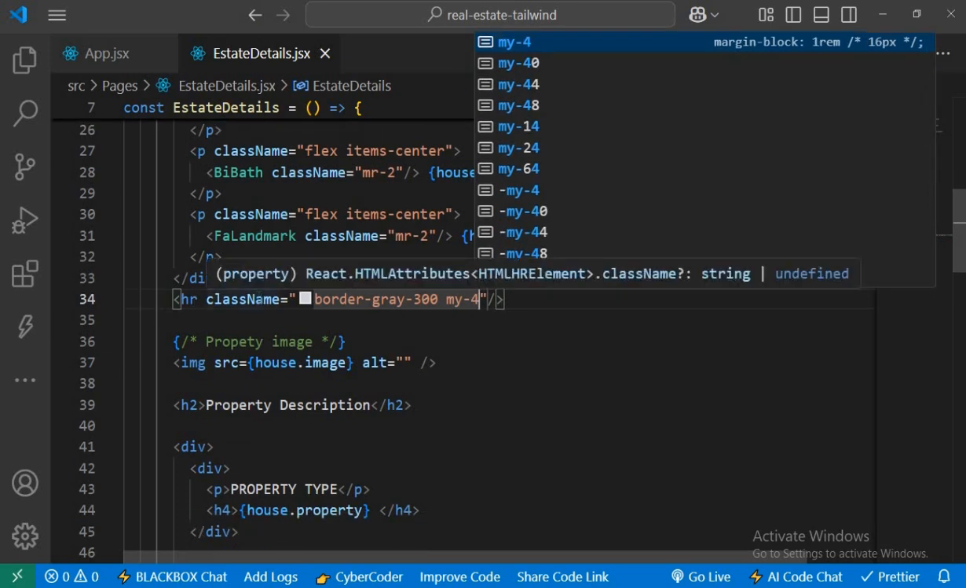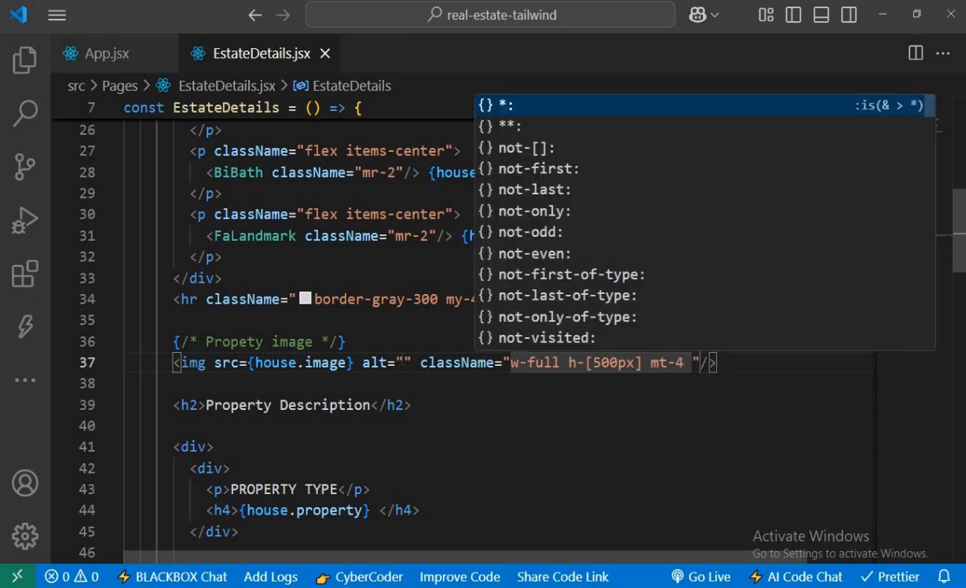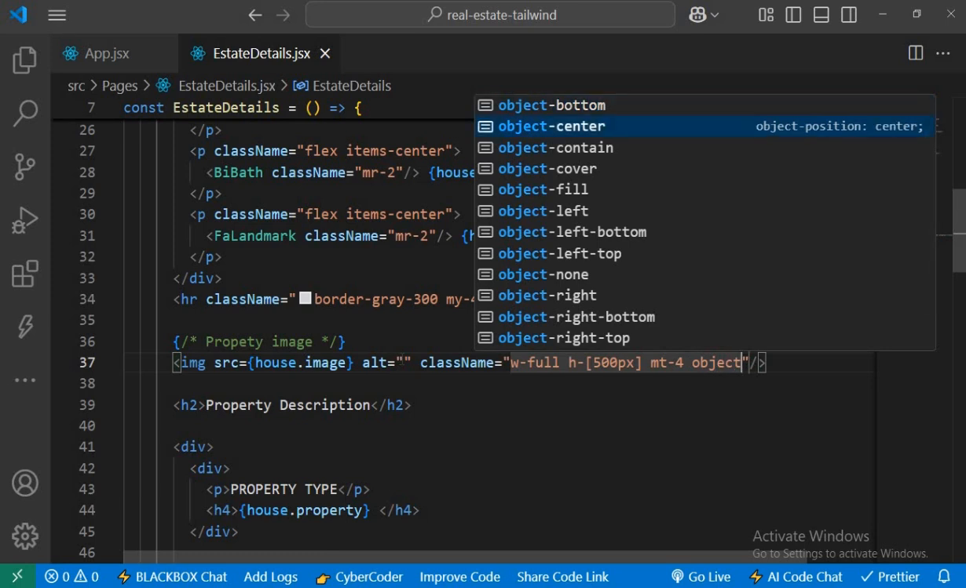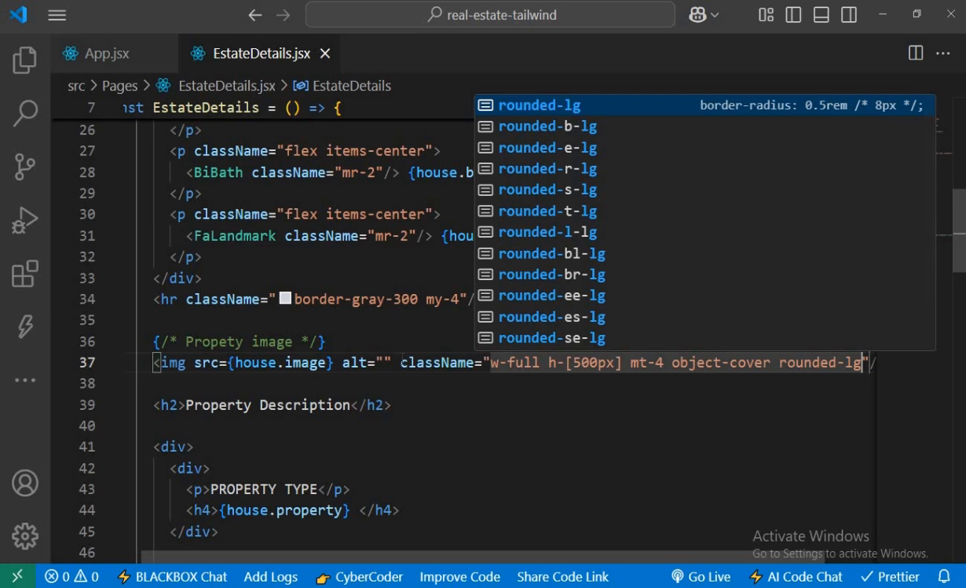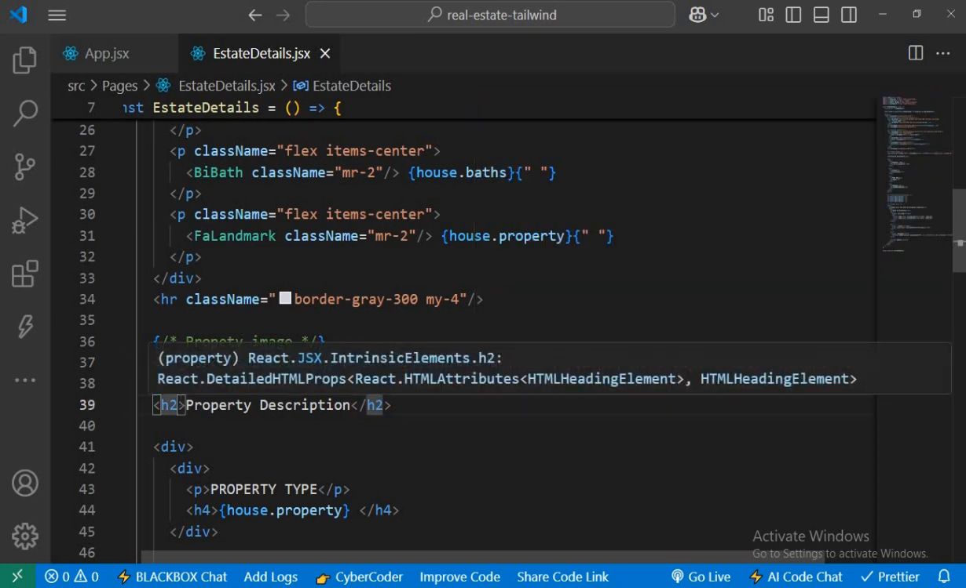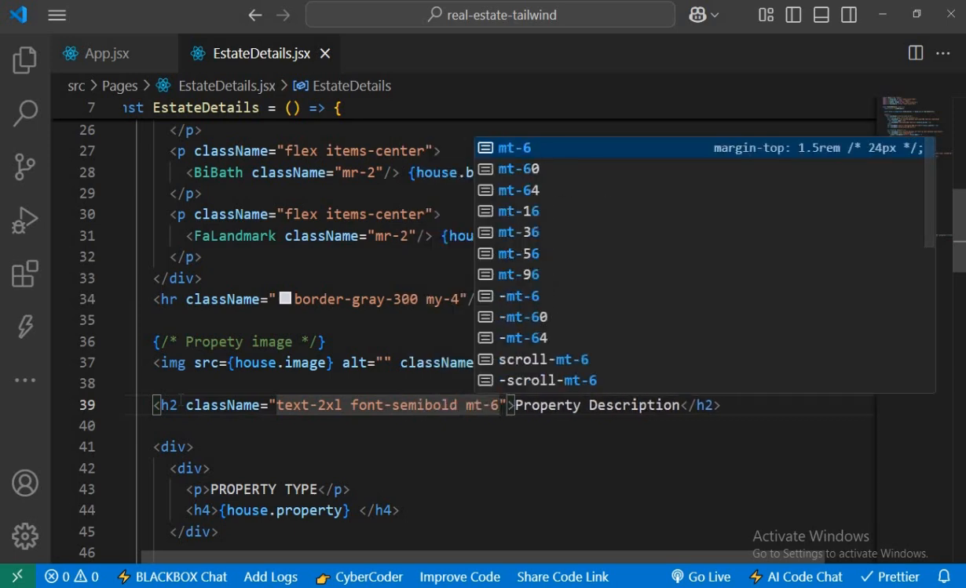Then the image is next. So here, class name, the width to be full. We'll set the height to 500 pixels. Margin top, we'll set it to 4. Object fit to be cover. So here, object cover, rounded LG, so a border radius around it. And now this H2 here, class name, text will be 2XL, font will be semi-bold, margin top will be 6,